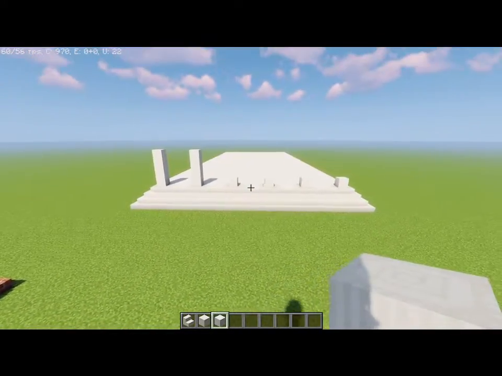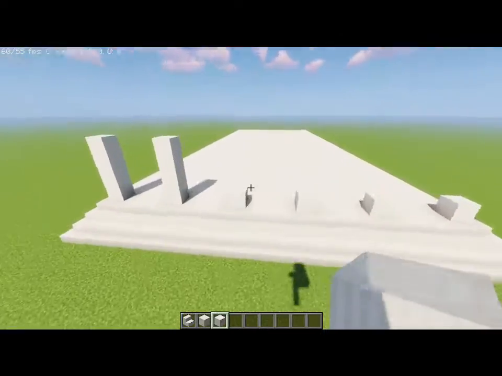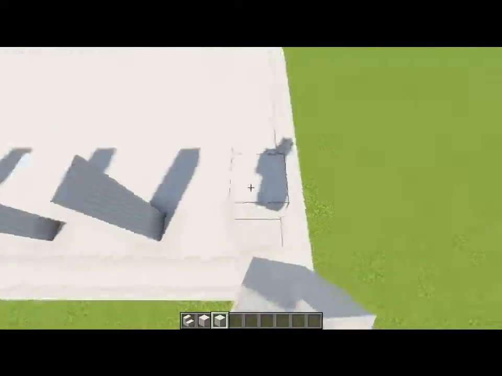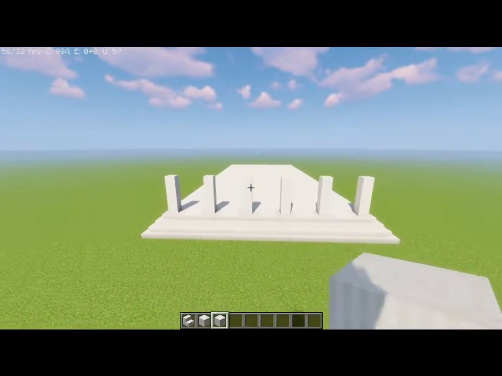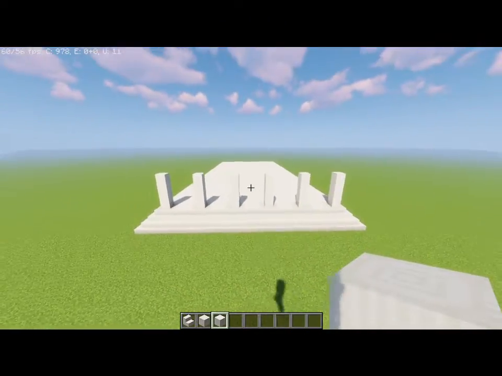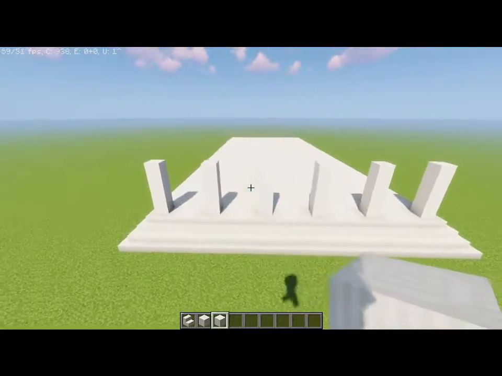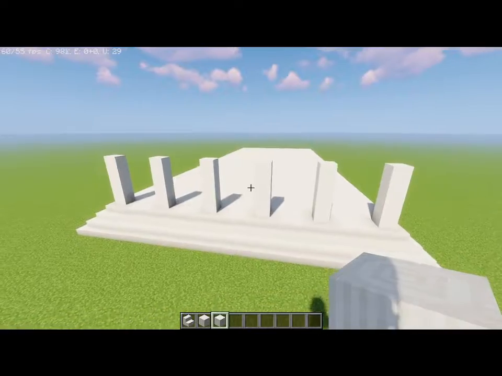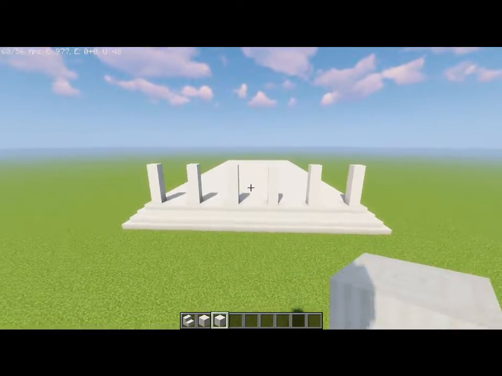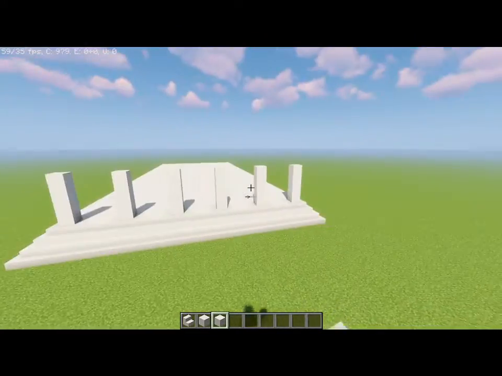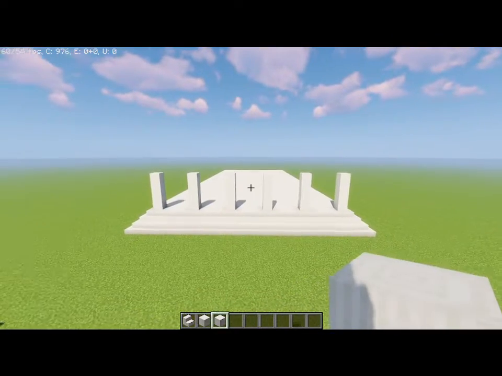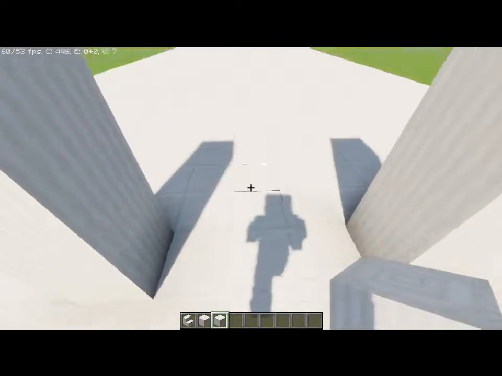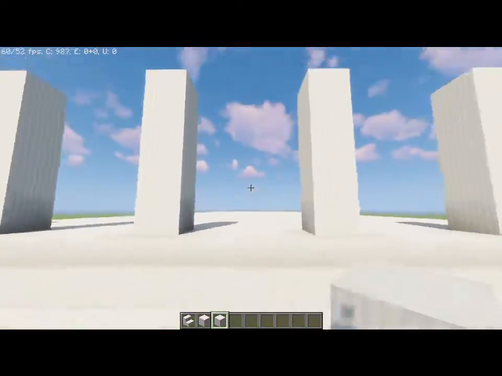Now, one mistake I see a lot of people making with this sort of building is that the columns in the front of the portico, which is the front of the building, they all are in even numbers. So for example, a person's portico could be 5 columns across, or 7 for instance. Now normally in Greek architecture and Roman architecture, the front portico always has an even amount of columns. In this instance it is 6, and there is also a space in the middle right here for someone to